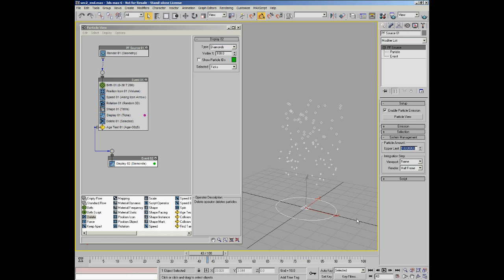Now generally, your memory can become an issue when you don't limit particles, but that's another issue altogether. It's quite disconcerting to be working with a particle flow and have operators spawning more particles, and you get nothing. There aren't any particles being spawned, and that can quite often be the reason for it: the upper limit is set at 100,000 or less. So as I said, just set it to